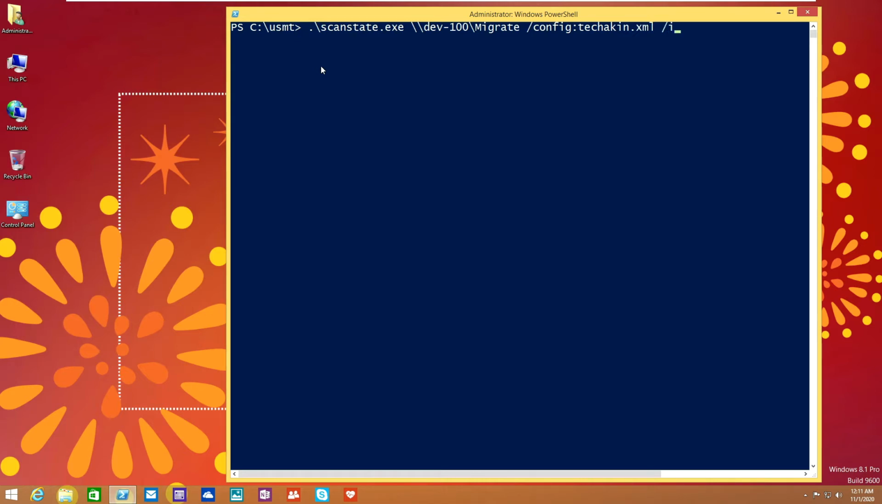/i: MigApp.xml. You want to capture all the application settings on this old computer and store them. And you also want to capture, you type in /i: MigUser.xml, all the user settings. We also want to capture all that. All right, and specify the verbosity level,